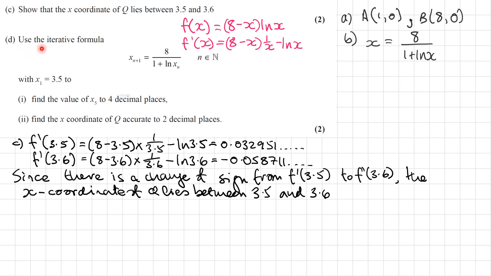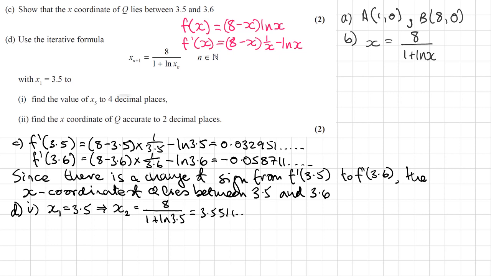Part D, use the iterative formula, and this iterative formula is based on what we worked out in part B. With x1 equal to 3.5, what we need to do is find the value of x5 to 4 decimal places. So we're starting x1 is equal to 3.5. So 3.5 is going to go into our iterative formula. x2 is going to equal 8 over 1 plus natural log 3.5. So that's going to give me